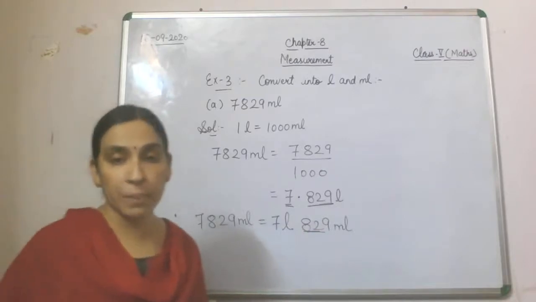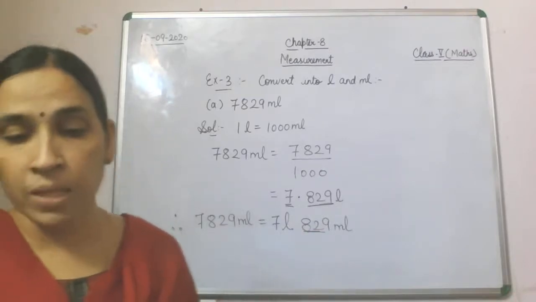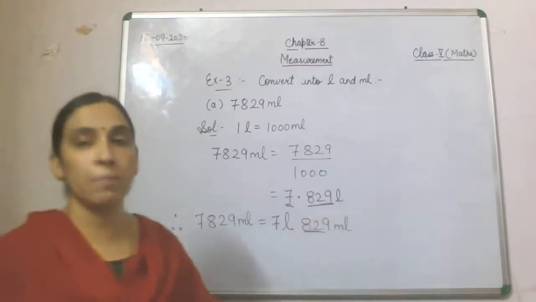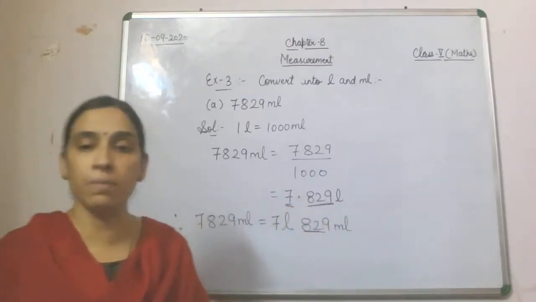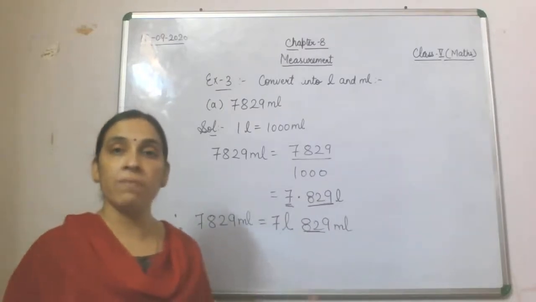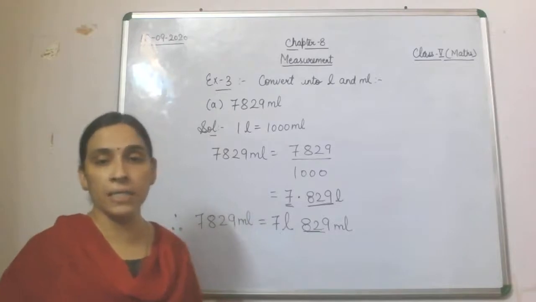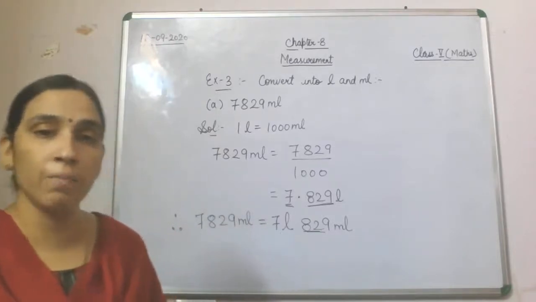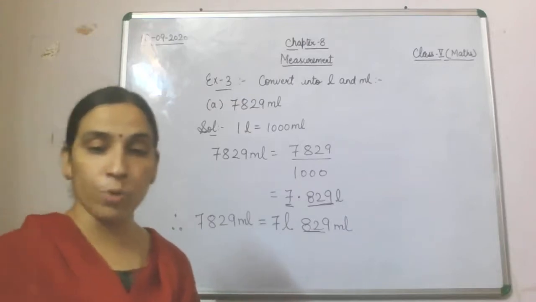Similarly, you have the B part of this question, that is 1.650 liter. So 1 will become liter and 650 will become milliliter. The third question is also the same: 25 will become liter and 0.65 will become milliliter, or you can write 65 milliliter. That is the same only.